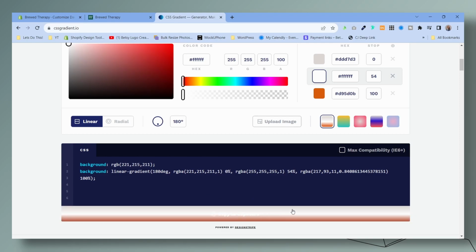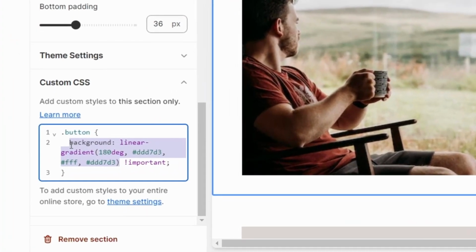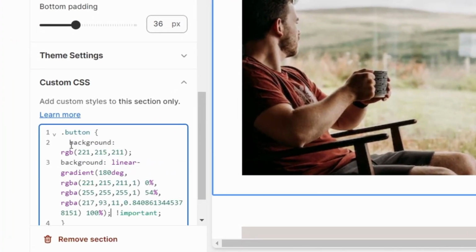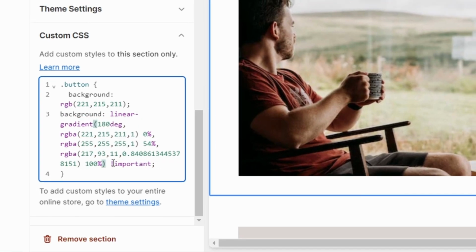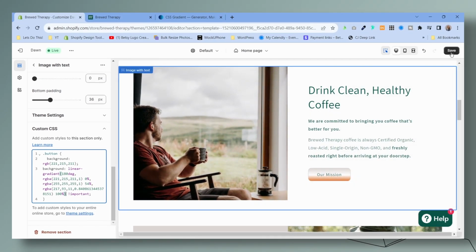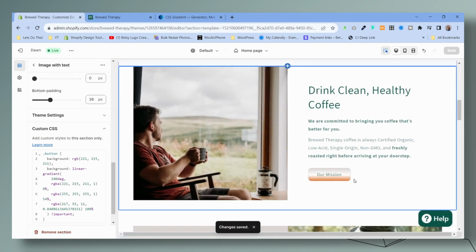So what you'll do here, copy to the clipboard. You're going to highlight the whole thing and then you're going to paste the code right in here. The one thing that you do have to do is come right back here and delete this extra semicolon. All right. And once you do that, you'll go ahead and save it. There we go. That will create the 2 lines of code that you need, the actual background for the gradient